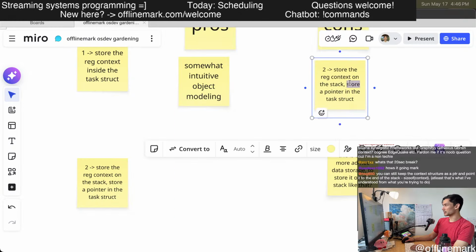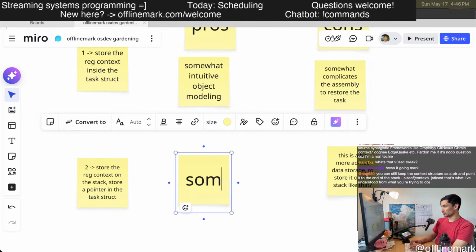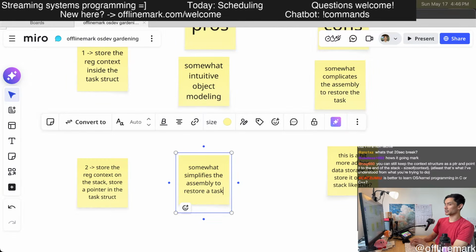The con is that it somewhat complicates the assembly to restore the task, and then the equivalent here somewhat simplifies the assembly to restore the task.